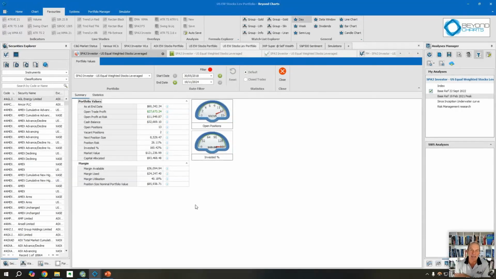You start getting money management, risk management exits because your position sizes rapidly decrease. And as your cash decreases, it doesn't allow you to keep being fully invested, even if you're getting entry signals. You have to let them go because you're running into the upper limits of both invested percent and margin utilization and what your next position size should be relative to the cash that you have. So it's a little trick, if you like, that we've been able to develop, and we will talk a bit more about this in coming times.